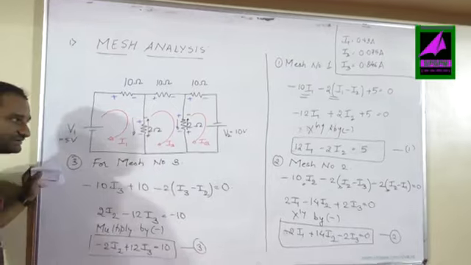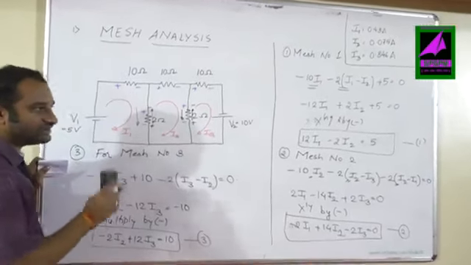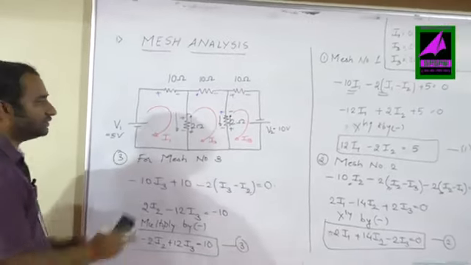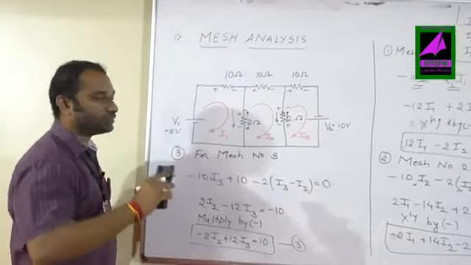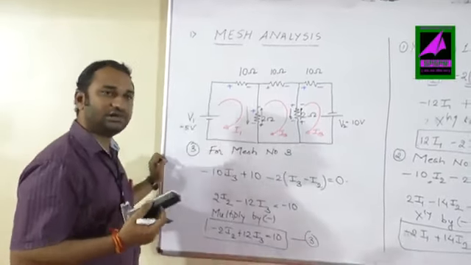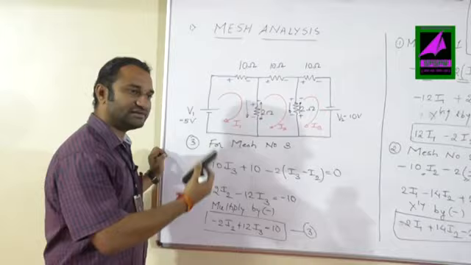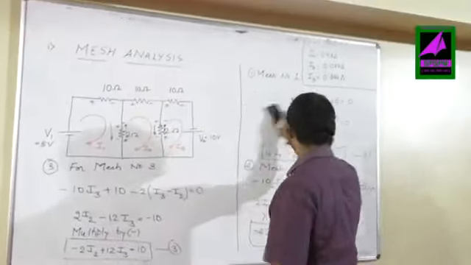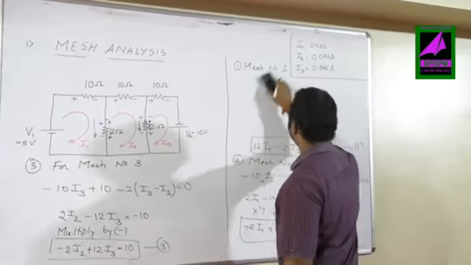Now the next question arises, is there a simpler way to write all these equations directly? I can write all the three equations directly without doing all these things. Now we are going for the shortcut method. This shortcut method can be used whenever we are solving the same question in the competitive examinations. So I will try to write all the three equations without doing all this much work.